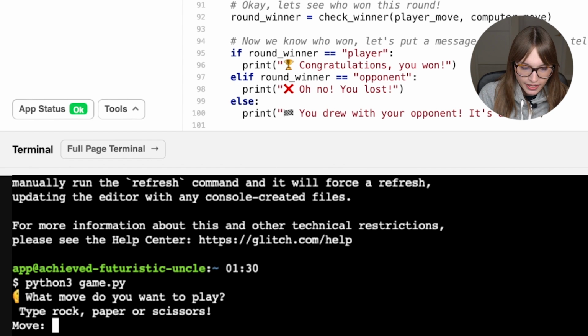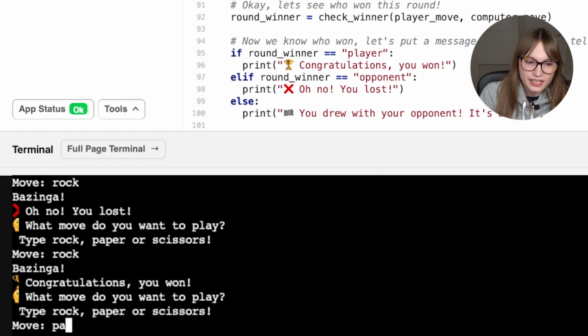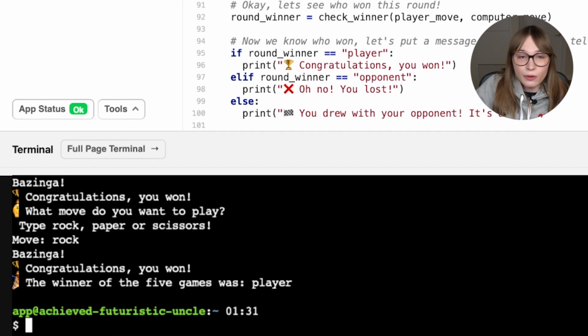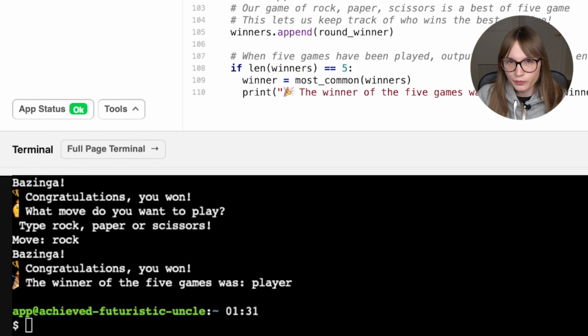So let me show you the game. I can say rock, I can say rock, I can say paper, and I can say scissors, because I know how this game works. I won because I already know all the rules. Now, you may see the catchphrase Bazinga being shouted by the computer every single time it uses a move. Now, I'm part of Gen Z, and I don't think Bazinga is a very good catchphrase. So let's have our first foray into programming by changing this phrase to something less cringy.